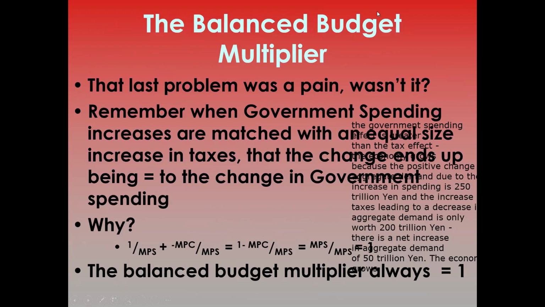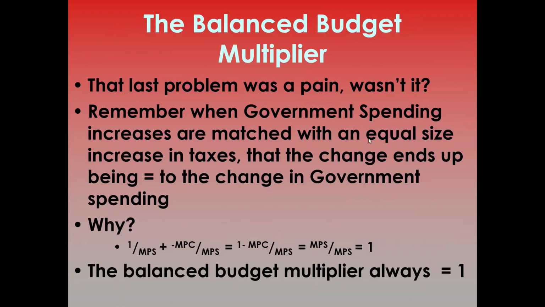So that was a complicated example. It won't get that complicated on the assessments, don't worry. So the balanced budget multiplier, that one was a difficult question. But when the government spending increases are matched with an equal increase in taxes, the change gets canceled out here. So the balance